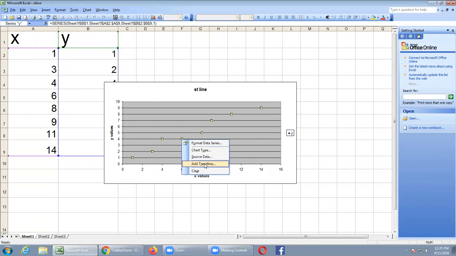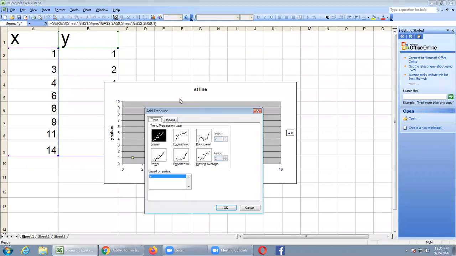Select add trend line. Next, step number 4, select chart type as linear.